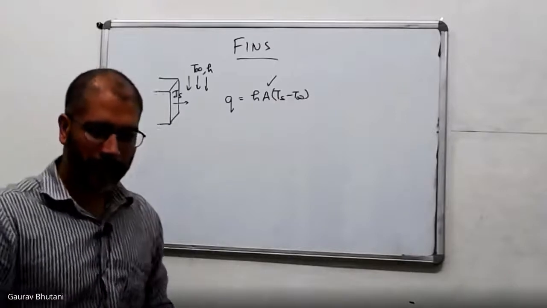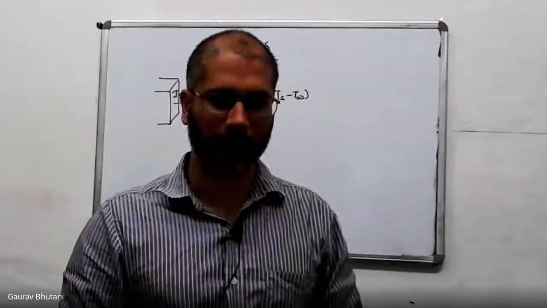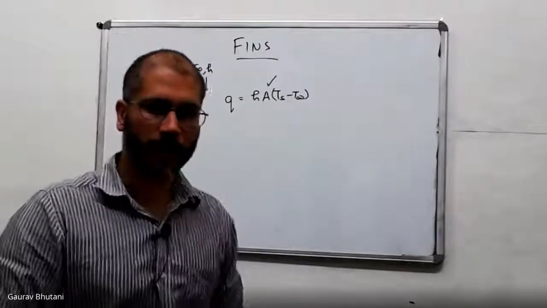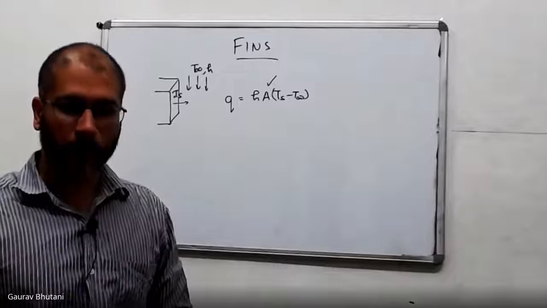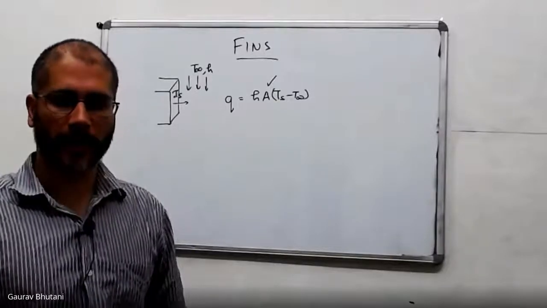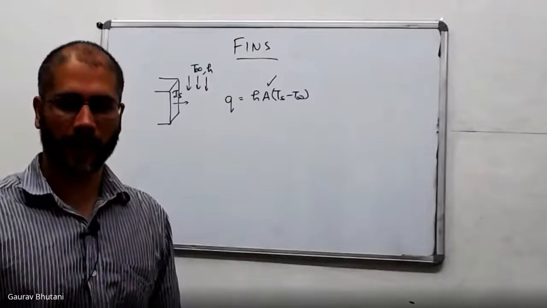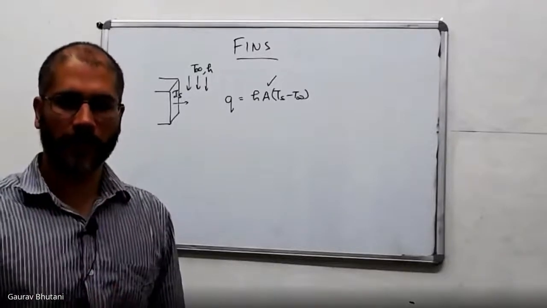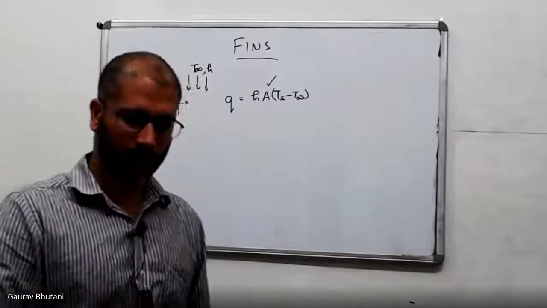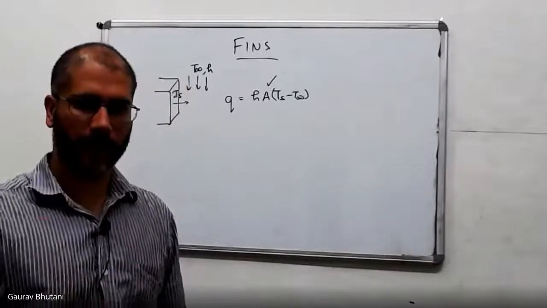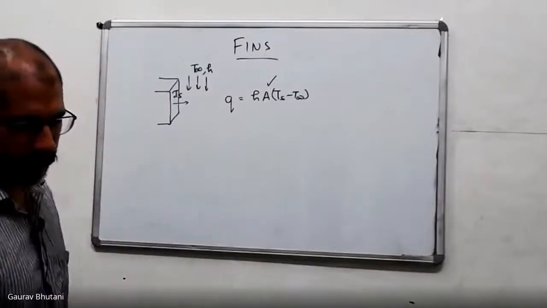You may have seen that in your refrigerators. Nowadays you have those sealed refrigerators, but earlier you had refrigerators where you could see the fins at the back. Well, you have seen dogs in summers with their tongue out. That is again a heat fin, nothing else. The dog is trying to increase the rate of heat transfer to cool down, using its tongue to lose more heat. So these are examples of heat fins.